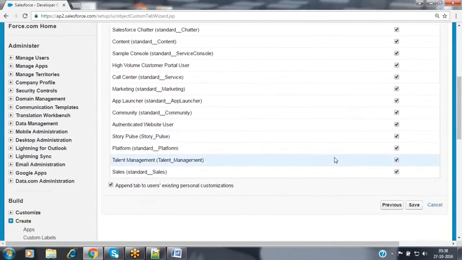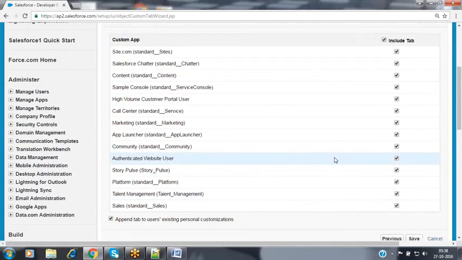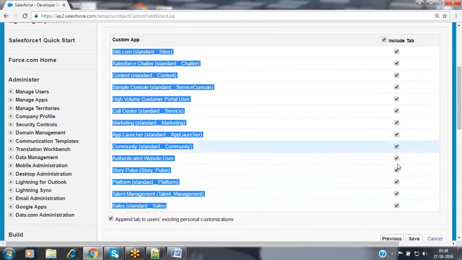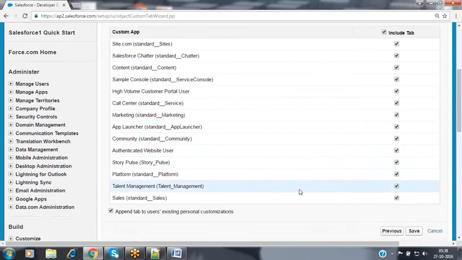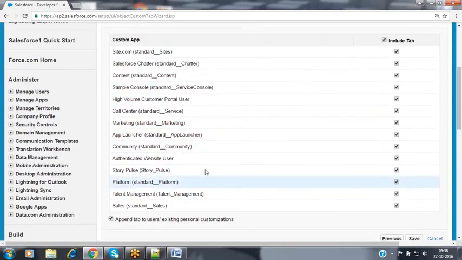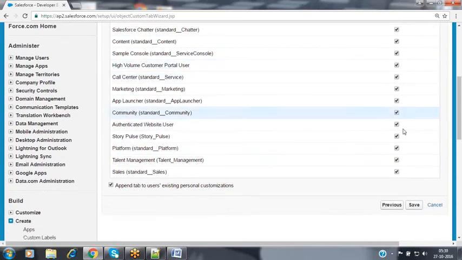And then this tab has to be visible in each and every application in Salesforce. If you want to make this tab visible in only a few applications, then we can select those applications and unselect the remaining checkboxes. Here all the application names are populated to you, with checkboxes available. In whichever application you want this tab visible, select the associated checkbox, and unselect the remaining, depending upon our need. So now I want to make this tab visible in all the applications available in my Salesforce instance, so I'm selecting all these checkboxes and clicking on the Save button.